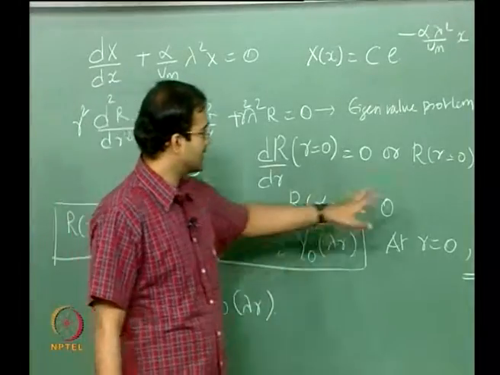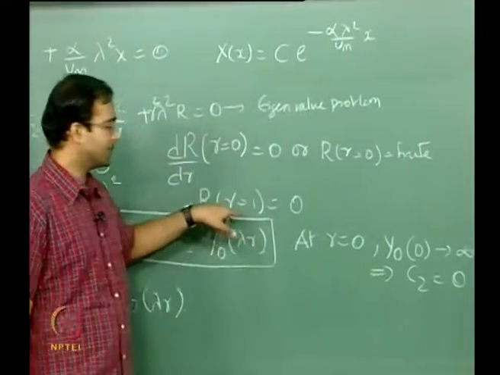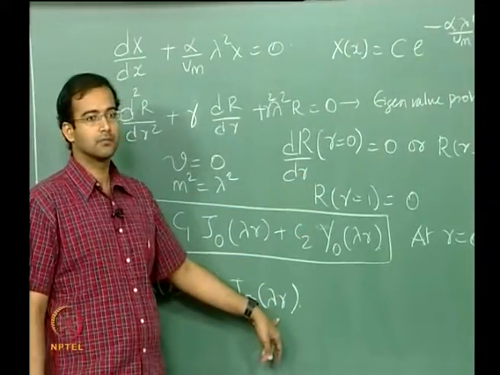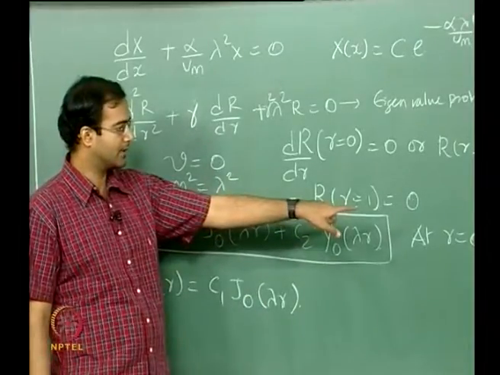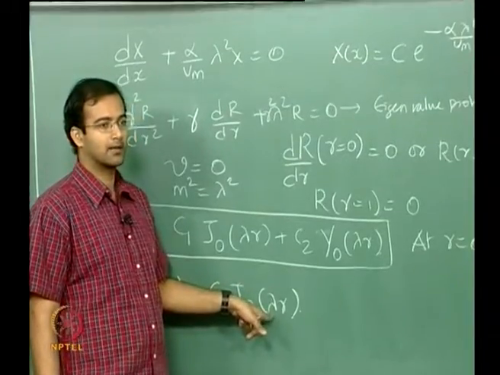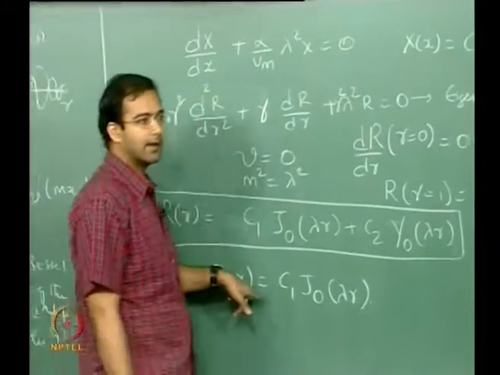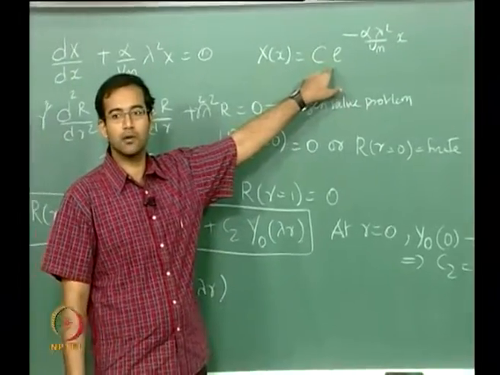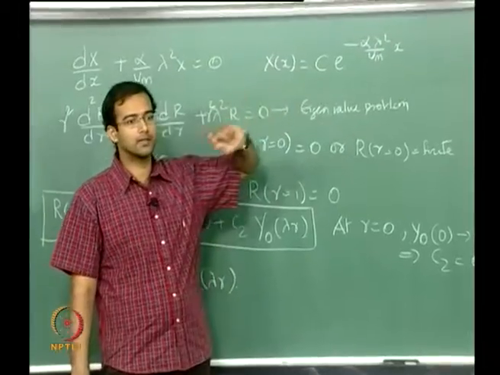So the remaining constant, whatever is left out, that is at R equal to 1, capital R is equal to 0, that will be used to find the eigenvalue, okay. So one of the constants is determined from one boundary condition and the eigenvalue is determined from the other boundary condition. So this constant is not a problem, because in the final solution for theta I can multiply this and this into a single constant, and I can use the remaining boundary condition, that is at x is equal to 0,